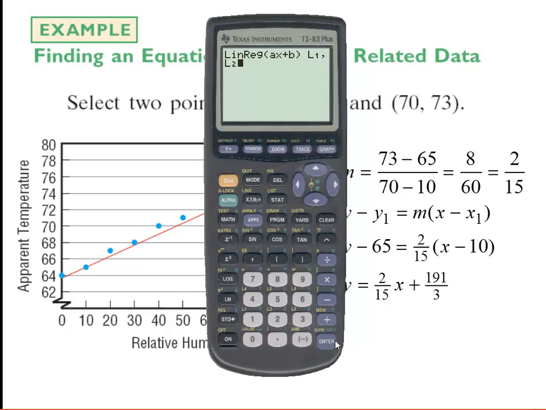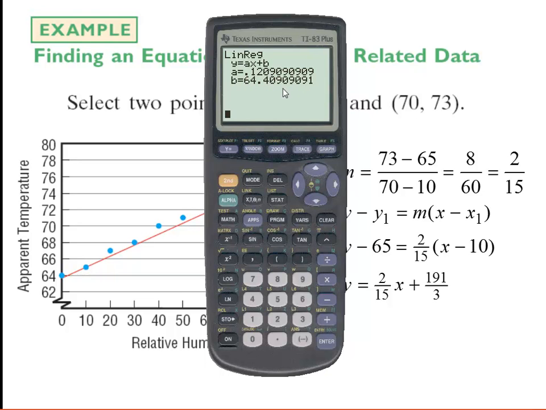When I hit enter, it's going to give me the line of best fit. So here's the line that best fits the data. Now I could scribble this down on paper. I could write this, here's the slope being called the letter A. So my slope is 0.120909009, right? The y-intercept B is